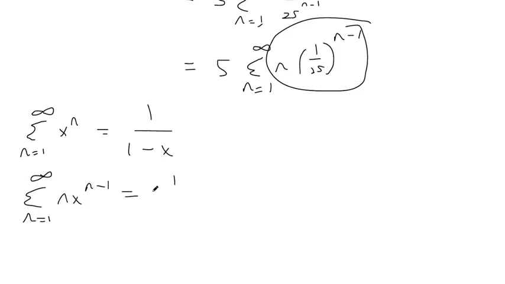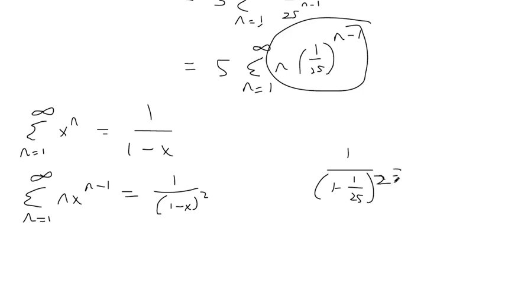And the derivative of this side, if you work it out, is going to be 1 minus x squared, because that's x to the negative first, and then because of the chain rule, the negatives are going to cancel each other out. So this side right here is close to this side. Instead of x, we got 1 over 25. So if we want to find the sum of this series, it's saying the sum is equal to this function. So all we have to do is plug in 1 over 25 in for x